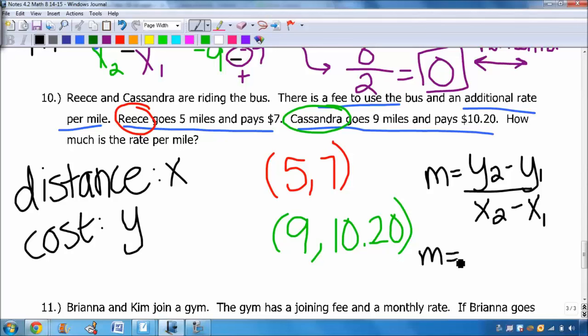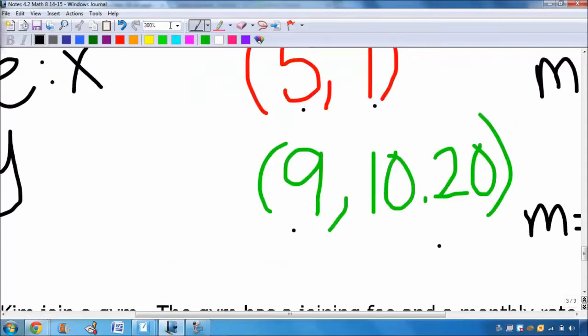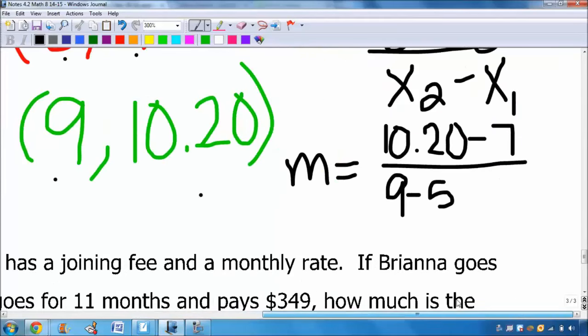So y2 minus y1 is $10.20 minus y1, which is 7, right? Those are my y2 and my y1. Over, here's my x2, here's my x1, so I would do 9 minus 5, okay? So then, let me zoom in on this a little bit, so I have a little bit more room and I can write this information down. So then you end up getting m equals